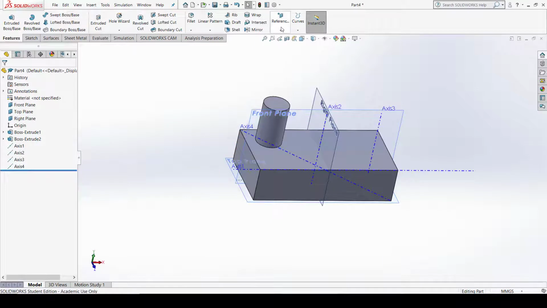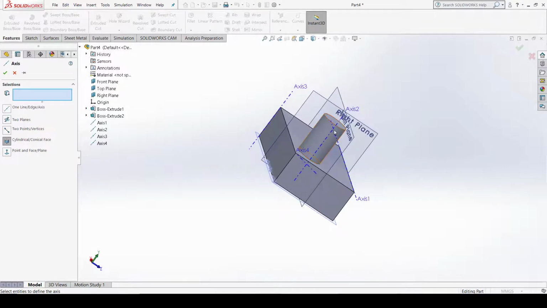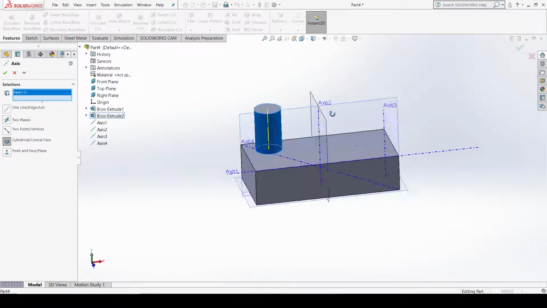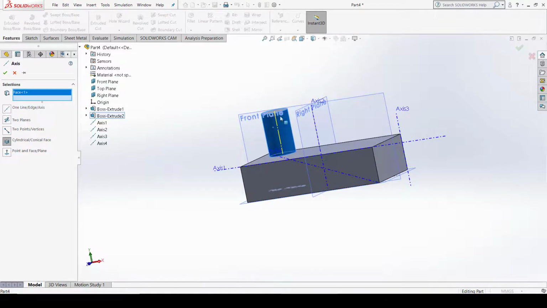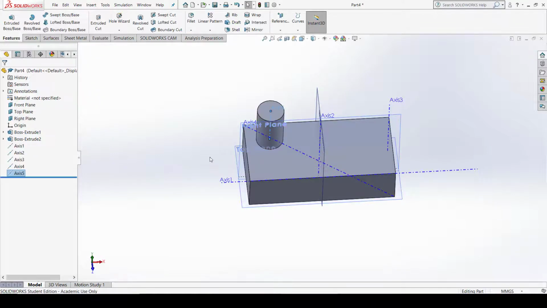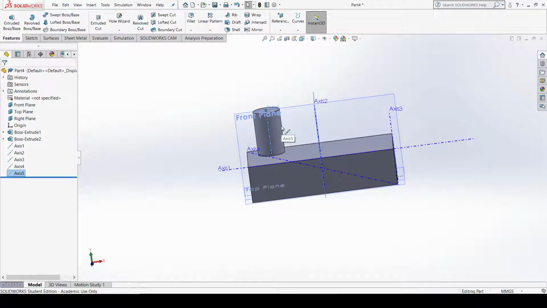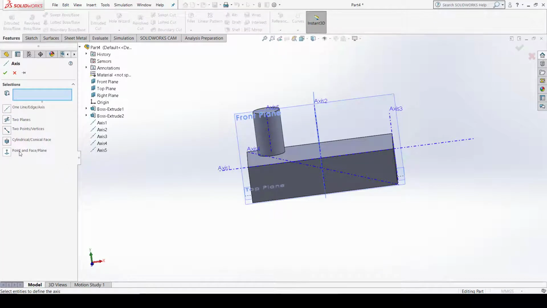Okay, then again go to the axis option, cylindrical or conical. Now first of all, make sure you have a cylindrical object available on this component. Let us say this is the front. Now I created the cylindrical objects. I just clicked on this cylindrical object, an axis is automatically created from the center of this cylindrical object. So I just click OK here. So this is how your axis is created for the cylindrical object, conical objects. So you can easily select the surface, just select the surface and axis is created from the center of these components.